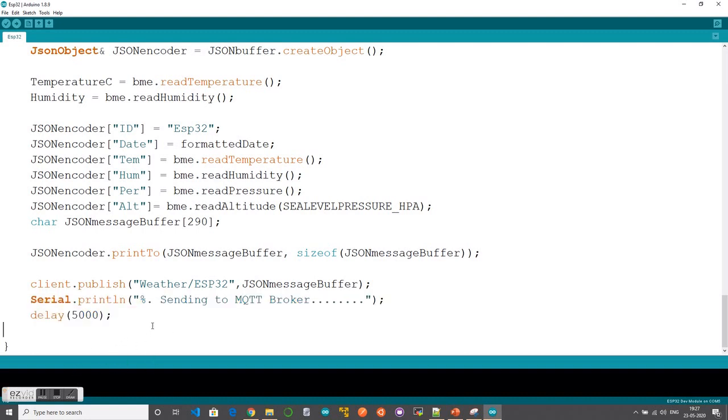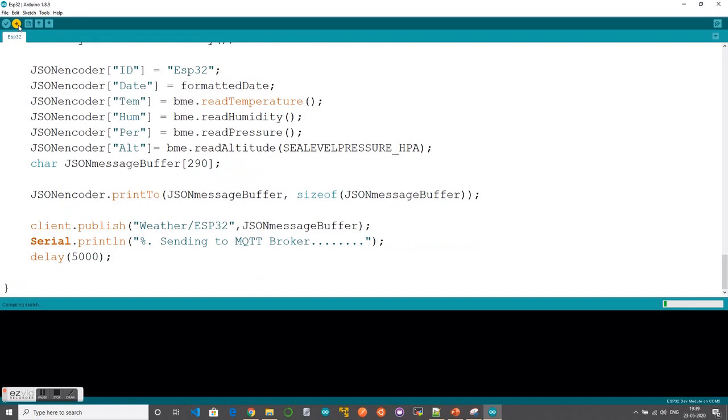Okay, so now let me start flashing. On your board you can see flash and enable, or flash and reset, depending on the board. Please keep pressing the flash button so that once the code gets compiled, it flashes into the board. Now my code is getting compiled.